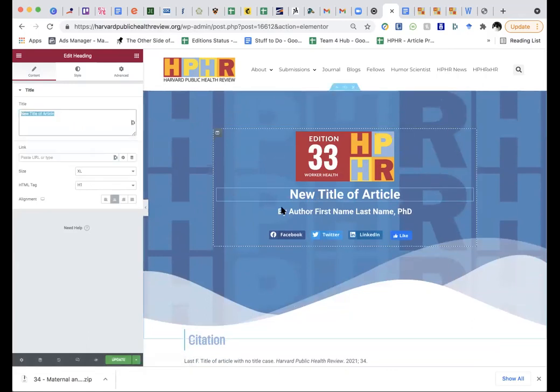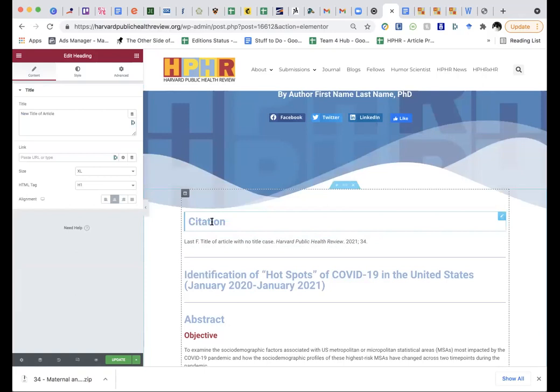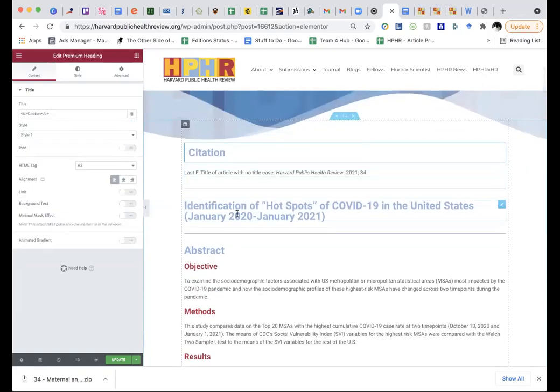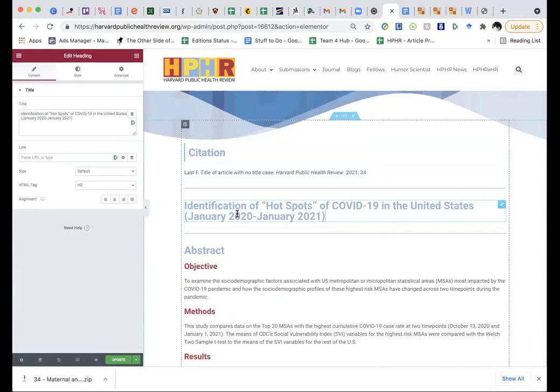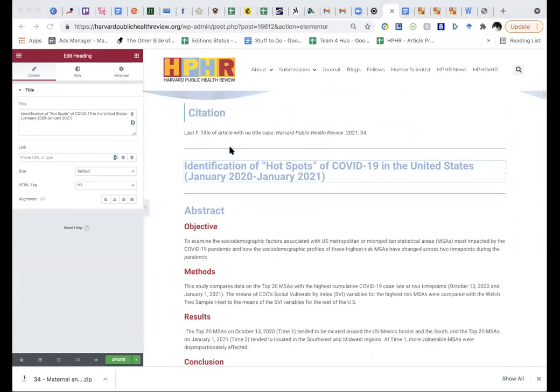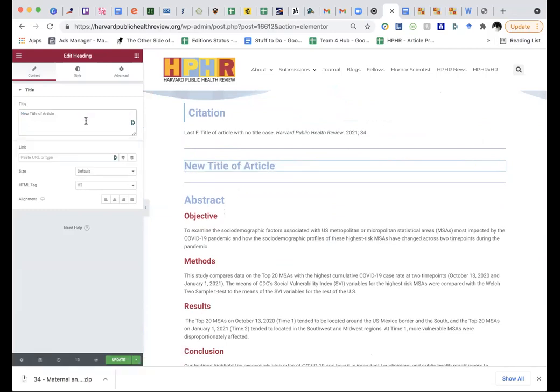So then it's time to come down, and we've got our citation. So you notice you don't have to create that. Because we've very smartly just replicated an older article, this creates a nice space for work. So we have our 2 dividers here. These are very easy to generate, but why bother? They're right there. We're going to add in our title. Notice I did that on the left and not in this box.